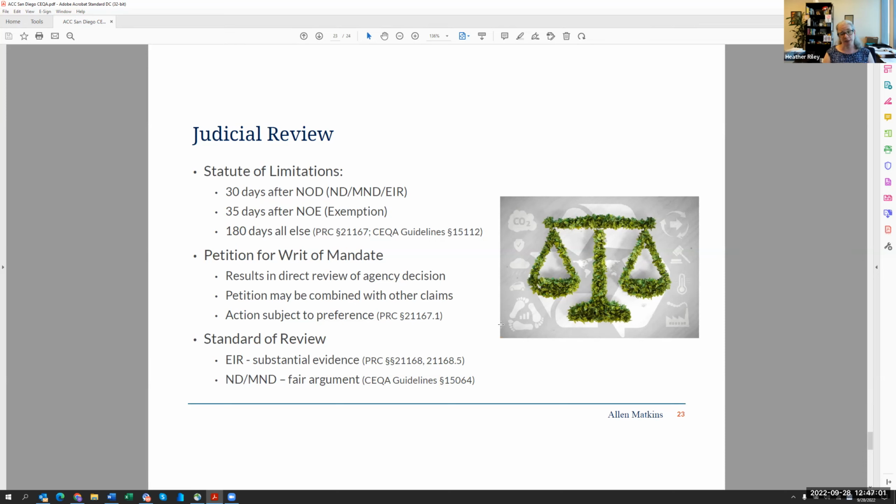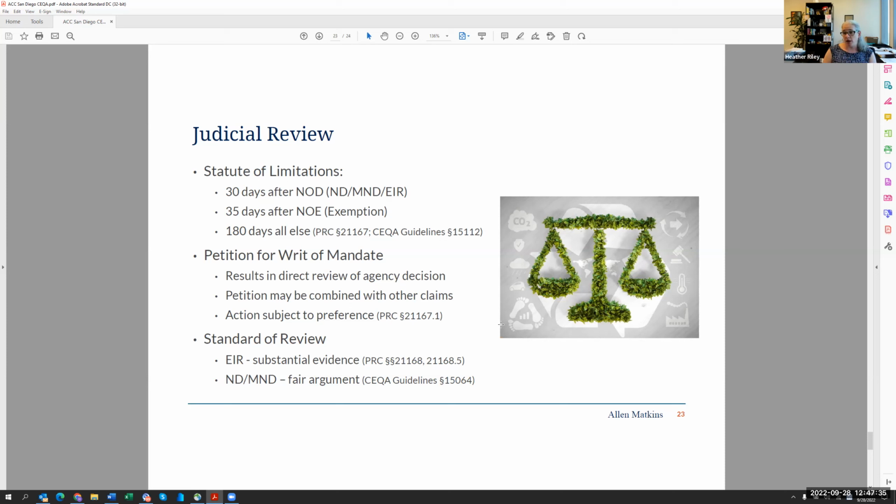Importantly, CEQA actions are subject to preference. In reality, that doesn't mean a whole lot because courts are so impacted. You don't really go too fast, but we don't have actual trials. We have motion hearings, really. And so motion days are usually once a week, often on Fridays. So you're competing with all of the other summary judgment motions, motions for preference, all types of hearings that come up in court. In regular civil cases, our trials are heard the same sort of way. So just because you get preference doesn't mean that you're rushing to the front of the line. It just means the courts are supposed to give you some acknowledgement.